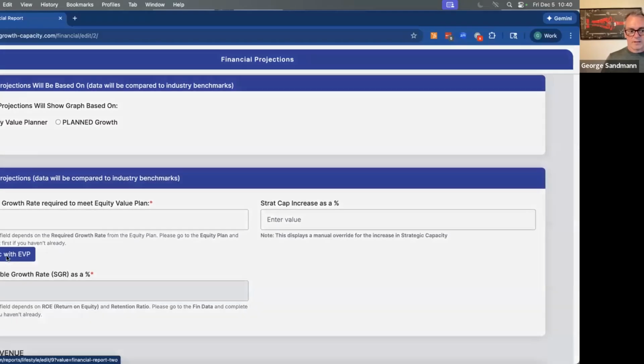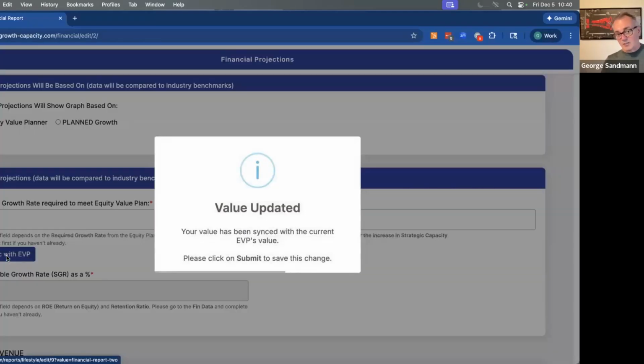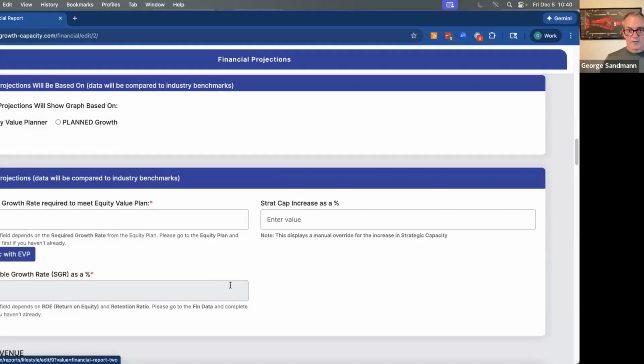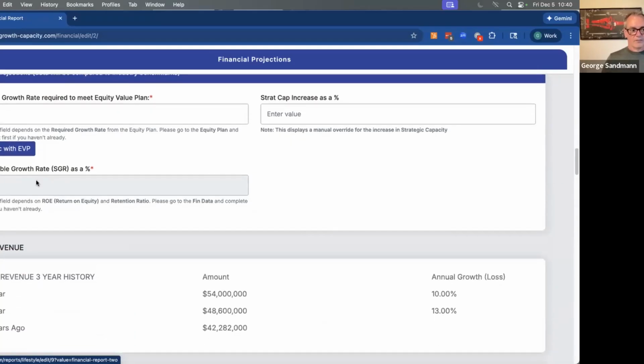So if I click sync with the equity value planner, it is going to sync the entire simulator with our inputs from the equity value planner. Now, remember, this is new. Yes, I've jumped from Tony to Diane, so we're going to see some slightly different data, but the use case stands. So I've just synced it,